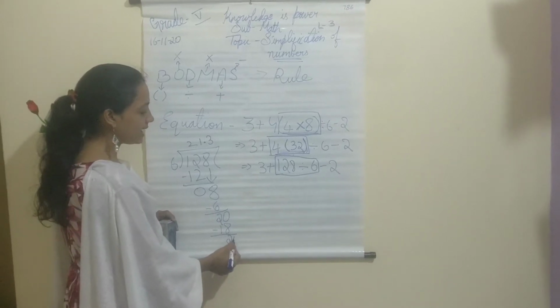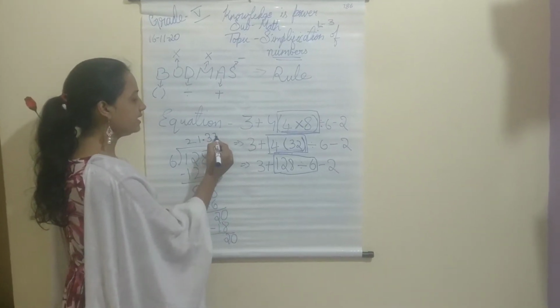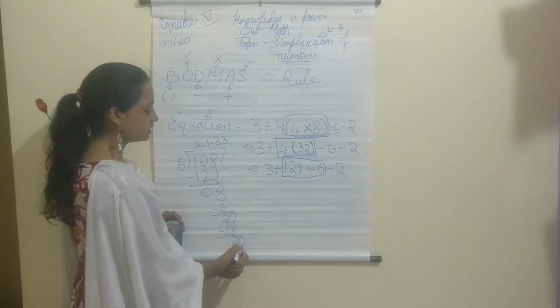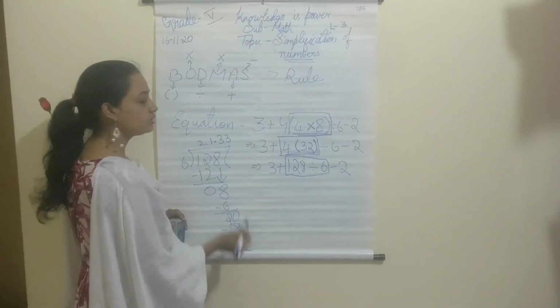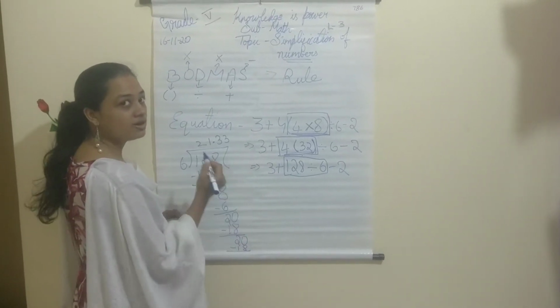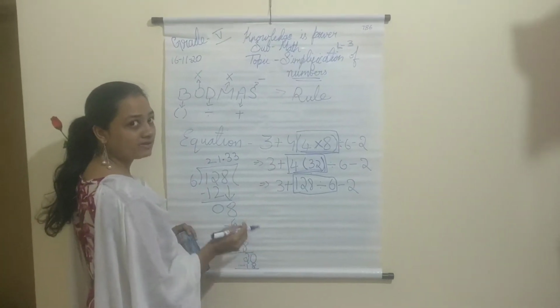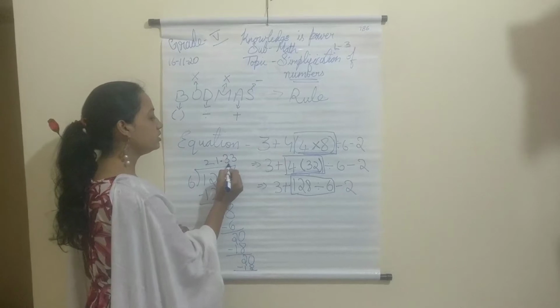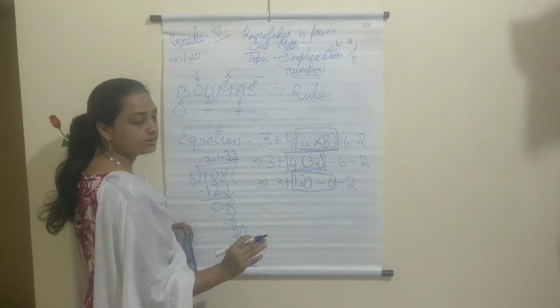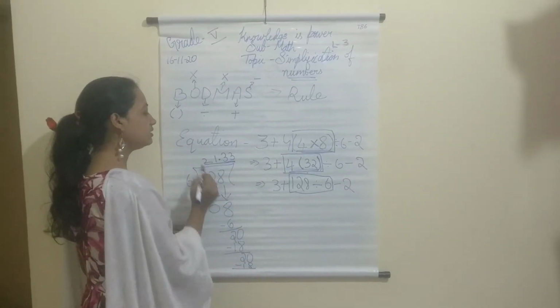So when I go on adding 0 and simplifying, my number continues. It doesn't stop. Such type of division is called recurring. So in such type where we cannot have an end, we will just take only 2 decimal numbers and stop it. So what is the answer now I got?